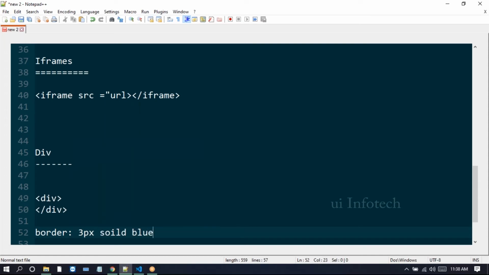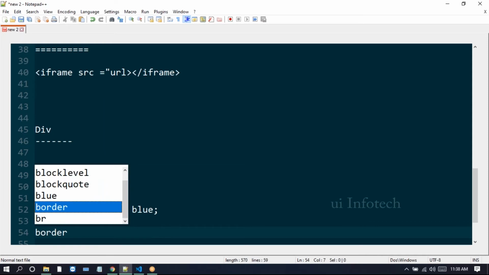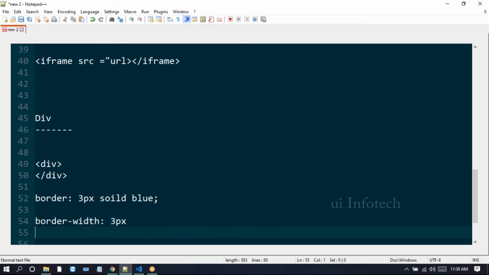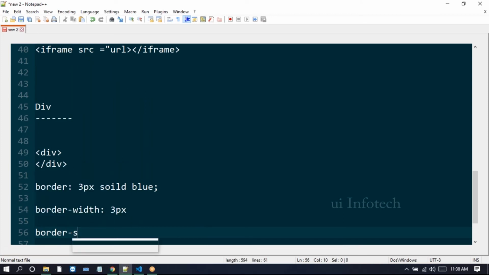So look at this one. Here I wrote the border, right? So what is the border here? Why can we write 3 values here? Border is a CSS property, which I just explained. So here I'm taking this border: 3 pixels solid blue color. Border is a shorthand property. It maintains 3 properties.